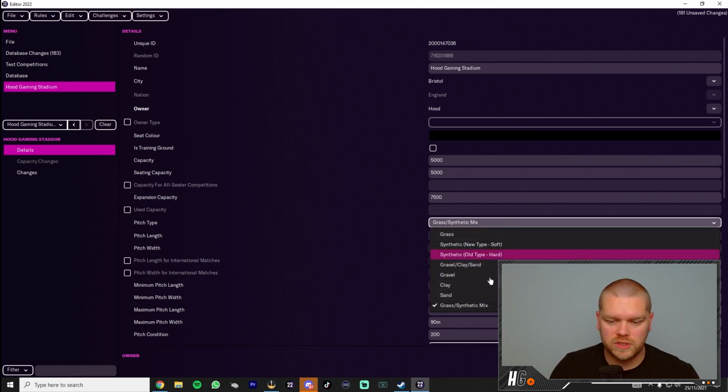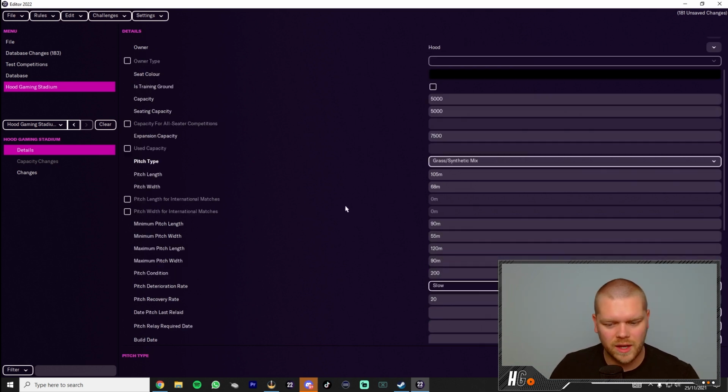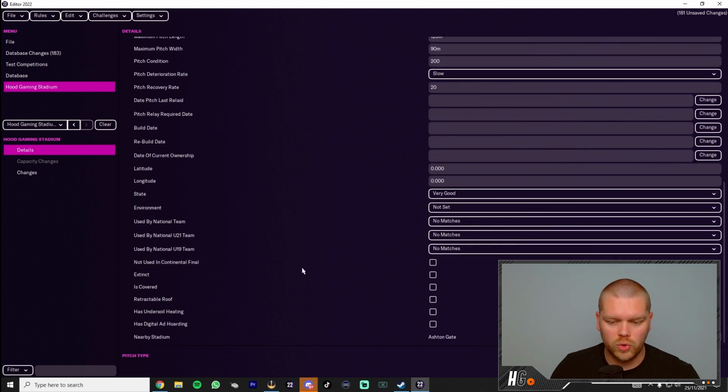You can change what type of pitch you want. I would recommend sticking with grass or grass synthetic. You can set the dimensions of your pitch as well if you really want to. Also, a little bit further down here, you can go in and set the latitude and longitude of your stadium if you really want to, but that's a little bit beyond my requirements. What I will say, though, right at the bottom, you can have a nearby stadium,